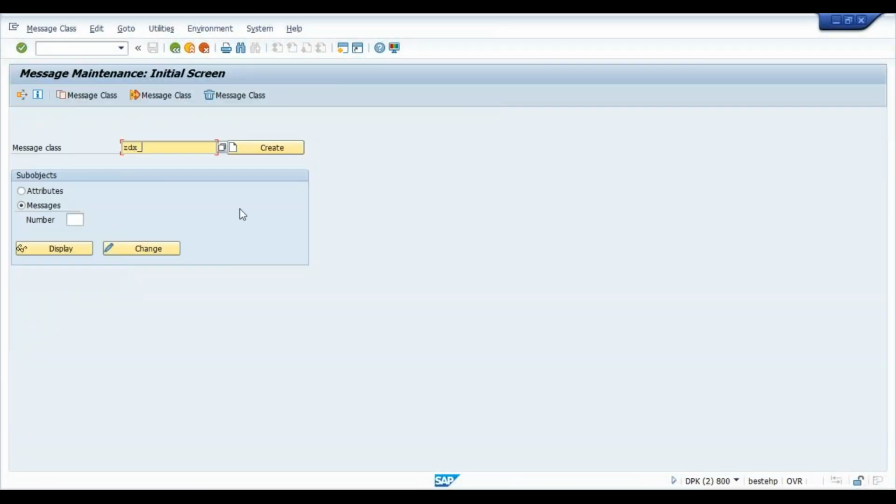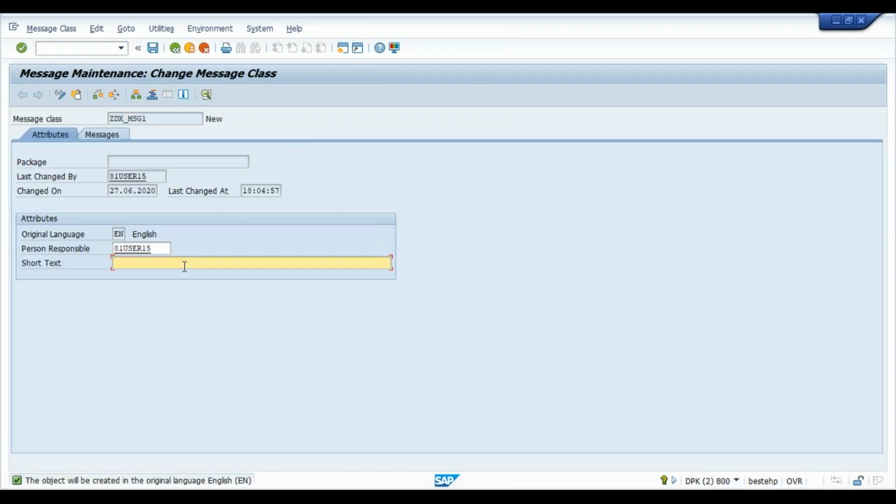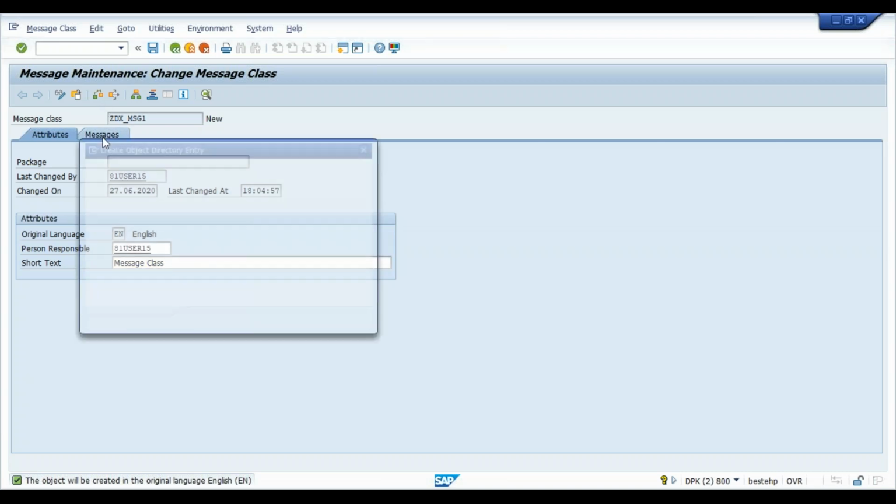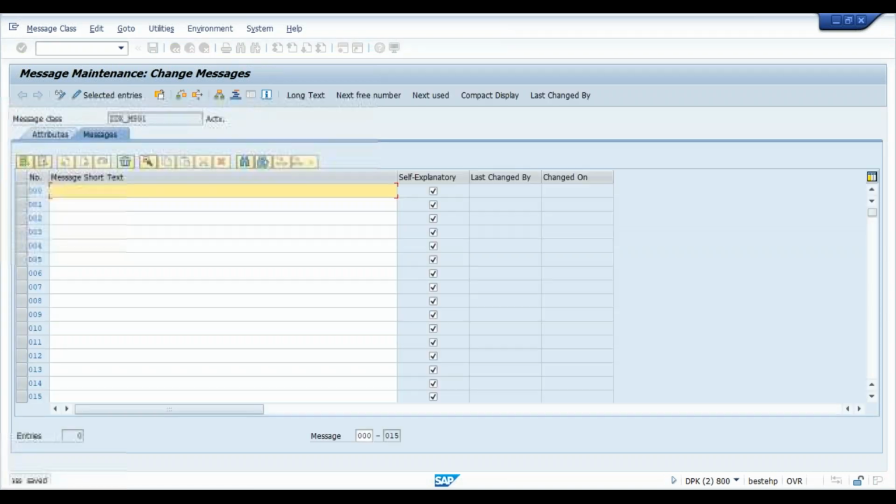We'll go for zdxg underscore msg1. In the messages, I'll write: color is unknown, color is red, color is white,